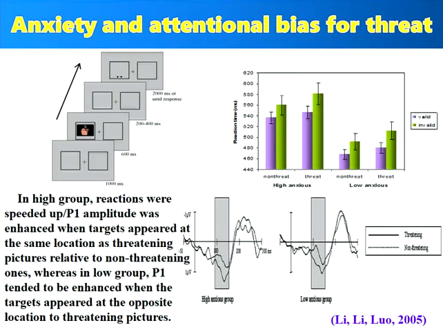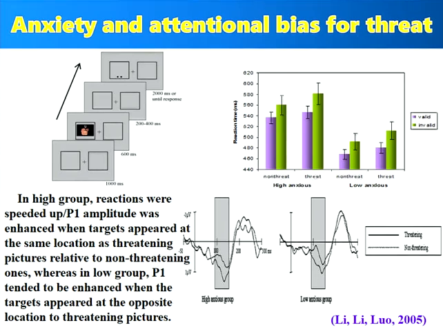Here is a typical cue-target paradigm. We can see from here, we modified the paradigm by using threatening pictures, like a person pointing a gun at you, instead of a flash. In the high anxious group, reactions were speeded up and the P1 amplitude was enhanced when targets